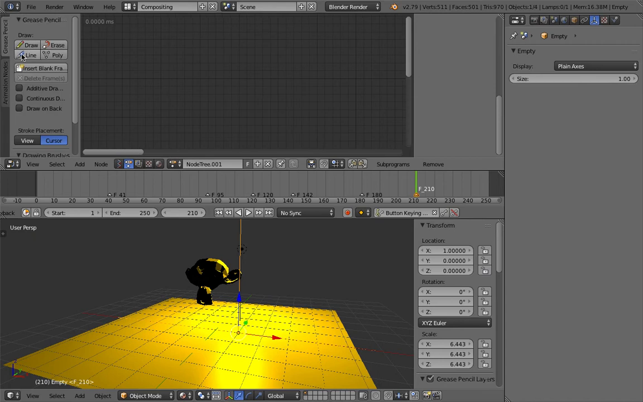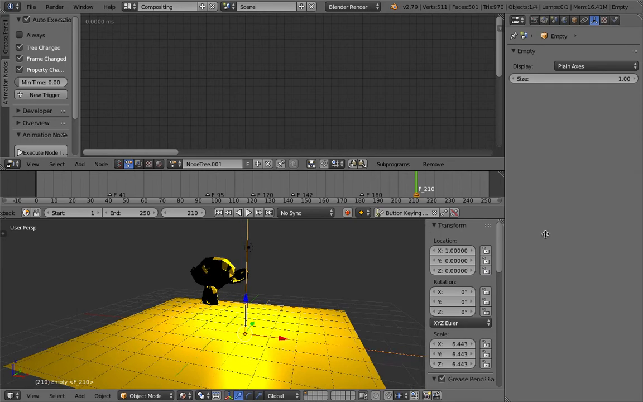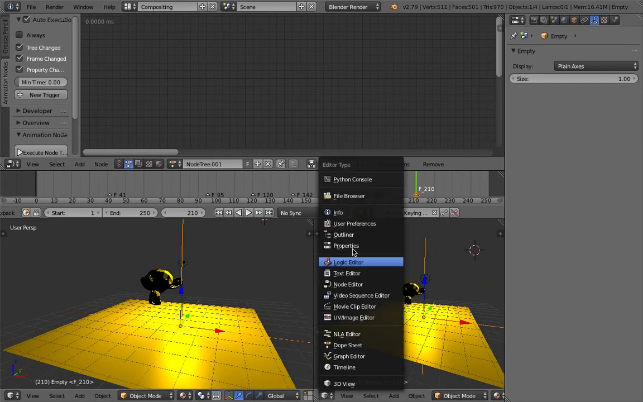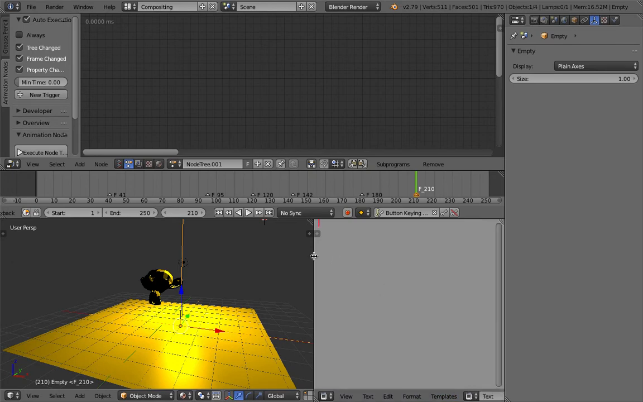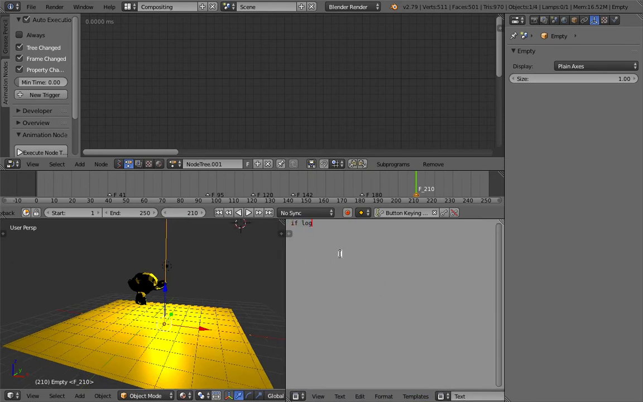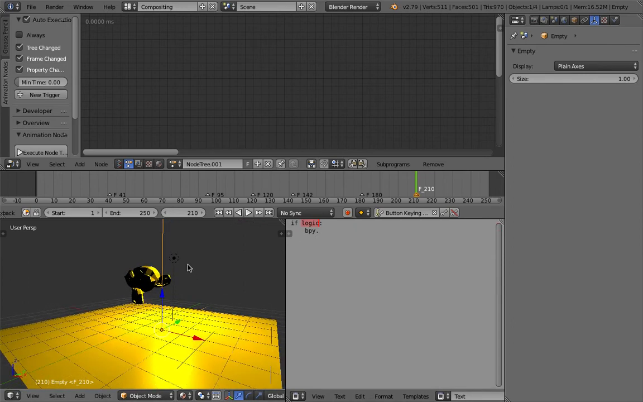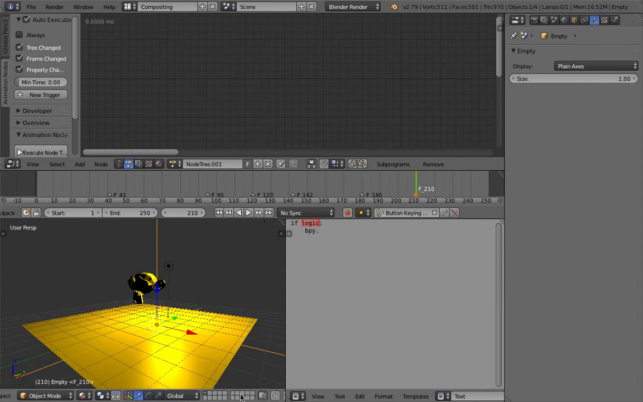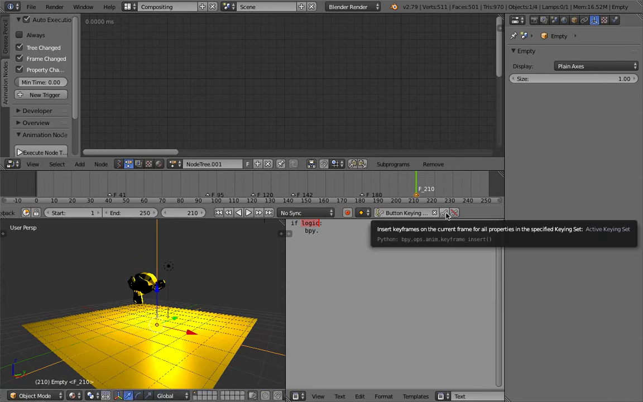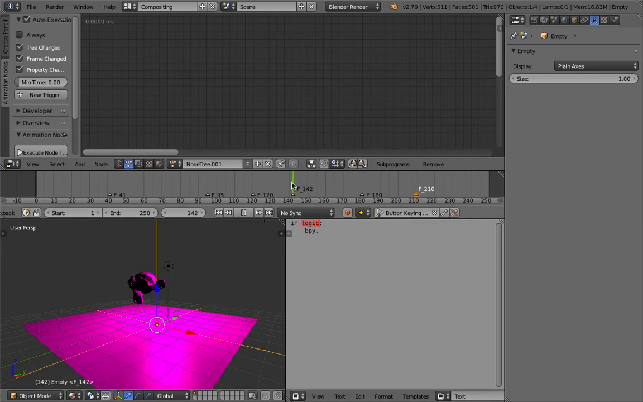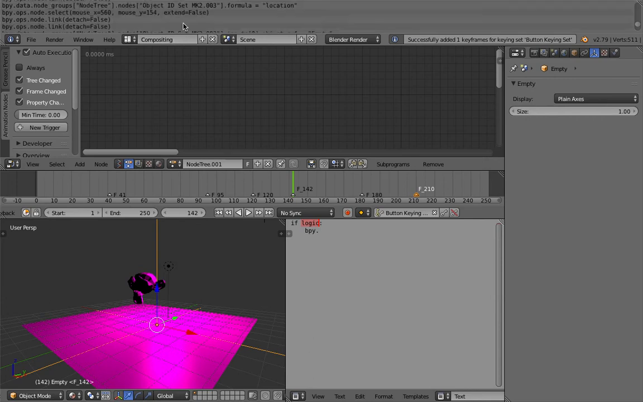Switch to animation nodes, and let's do this. We're gonna be using a script node, and the script node itself should be pretty simple. Whenever there is a 0 or 1, whenever it is 1 or true, do a keyframe, and the keyframe should be coming from this button, keying. So bpy.ops.anim.keyframe_insert. We're gonna try that really soon. I just need to grab the command,